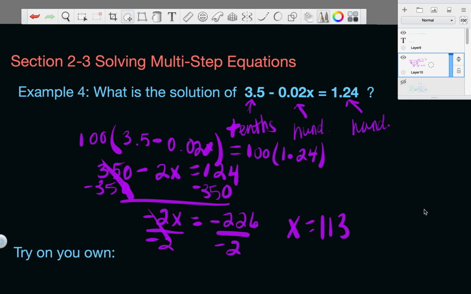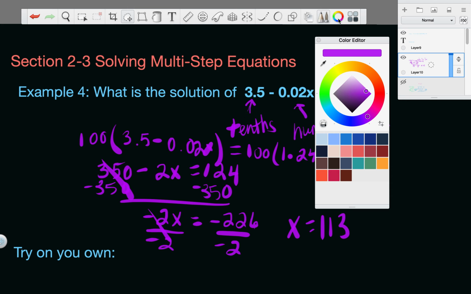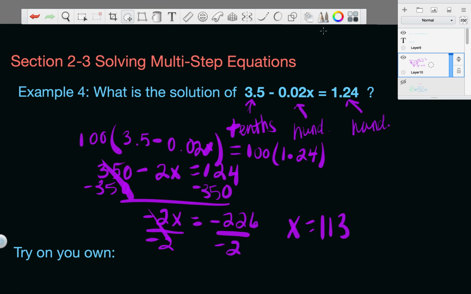Okay? Now, I know it seems complicated. It's all about knowing what to multiply by. So I'm going to help you out with this next problem. I'm not going to do it for you, but I'm going to start you off. So this next problem in green that you're going to try on your own is 0.5x minus